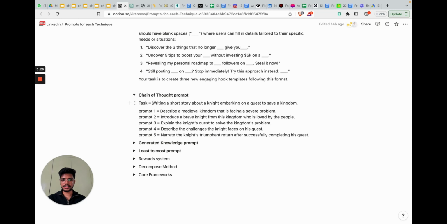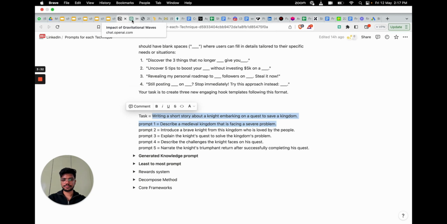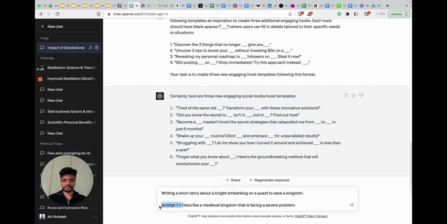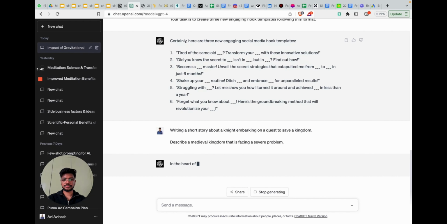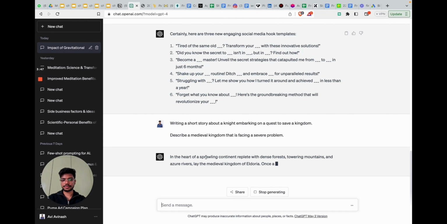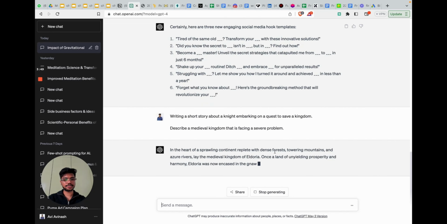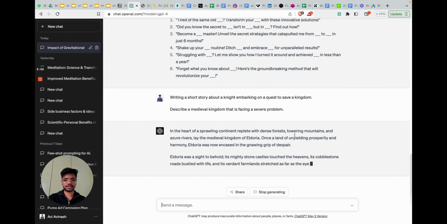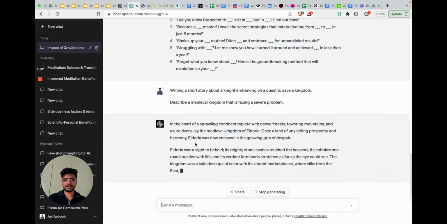So we'll just copy paste till here. In the heart of a sparkling continent, replete with dense forests, towering mountains, and azure rivers, lay the mighty kingdom of Eldora, once the land of enduring prosperity and harmony.